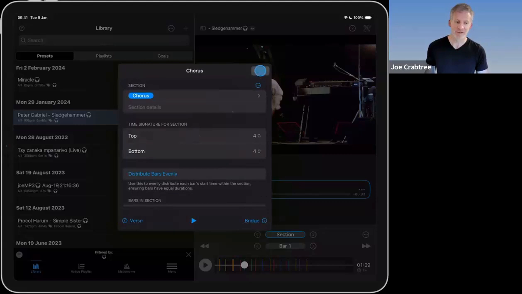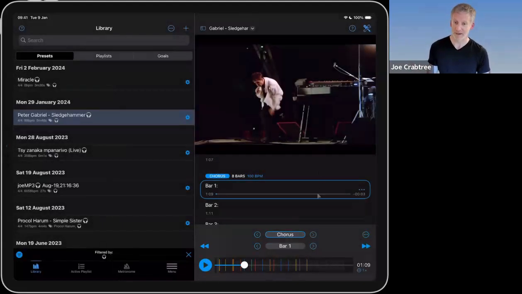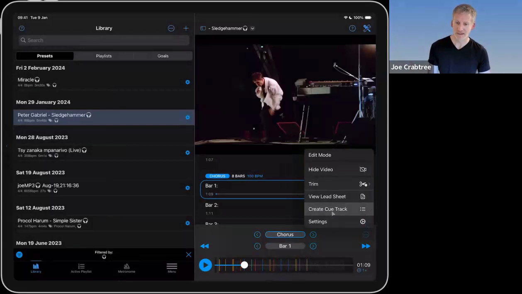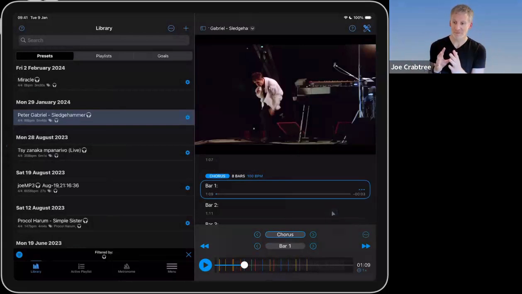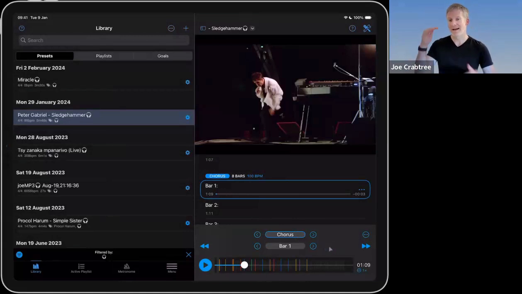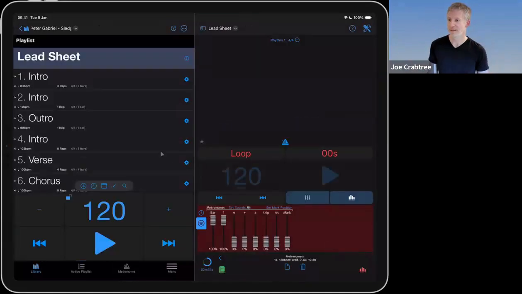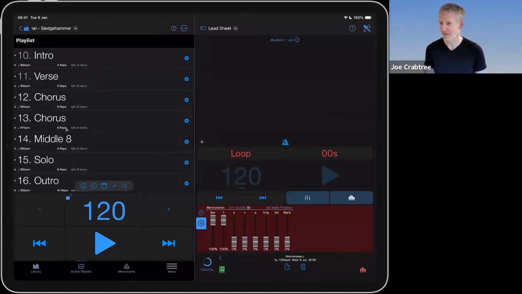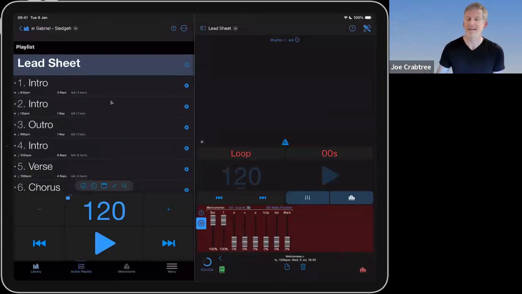And what I wanted to show you is if you've done that with a song to map it out, you can now tap on this button and choose create cue track. And this will create a playlist for you with items for intro 3 reps, intro 1 rep, outro 1 rep. Told you it was labeled weird. Intro with 8 reps, verse with 4 reps, chorus with 8 reps. And this has the